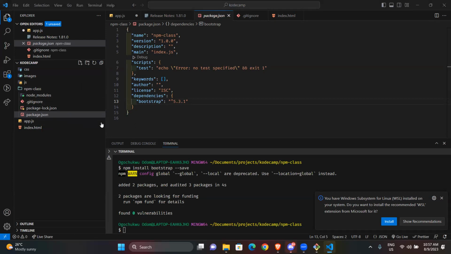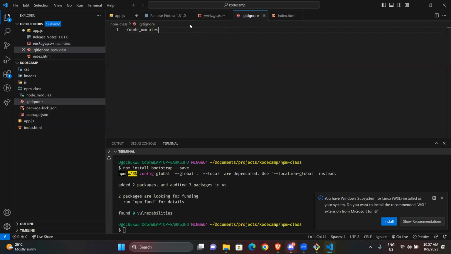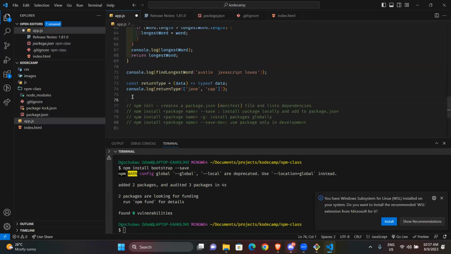So you install all the packages there. Then the other thing I wanted to talk about: I just brought in this .gitignore so that we have it at the back of our mind. When I see somebody's submission, I don't want to see node modules. You will install that application's packages by yourself. So this one says install the package locally and add it to the package.json.